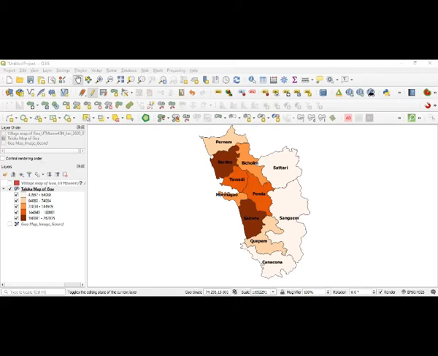And if you have added or deleted something, please remember there is one save edits button, one tool, or you can say icon. You click on that. If you do not click, whatever you have added will not be saved. For that reason, you click that save edits. Then you go for toggle edit mode again and click once more on that. Then the table will turn into a non-editable table. So now it is not possible to edit it. Okay, so that is the attributes that we have viewed.